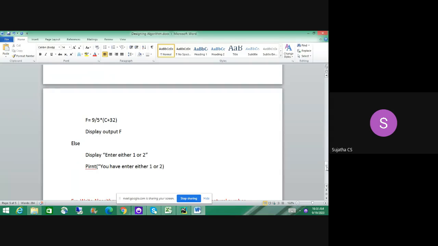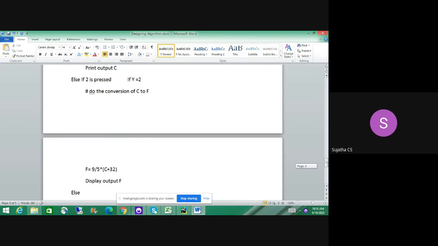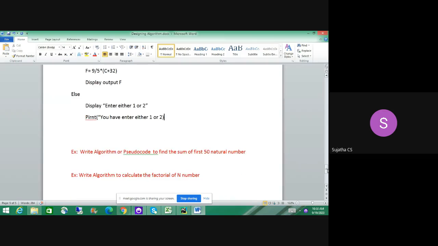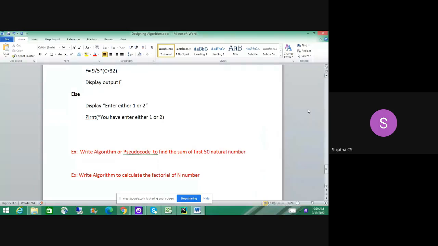Then what is the next step? You have to terminate that algorithm using the keyword stop. So this is an informal way, which means pseudocode, and then you can write algorithm, right guys? Anyone? Yes, ma'am. Okay, then next, move on to write an algorithm or pseudocode to find the sum of first